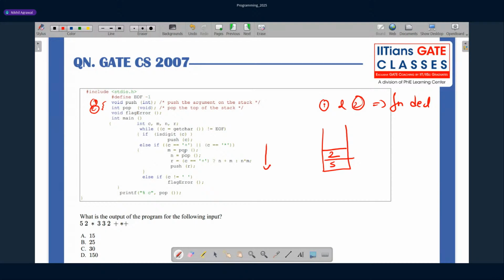In this else block, we perform two pop operations, so m will have 2 and n will have 5. Now, if it is plus, then do plus, otherwise multiplication. So we multiply 2 and 5; these two get removed, and the result is pushed onto the stack. Variable r will have 10, and we push it onto the stack. So 10 got pushed. Then similarly,